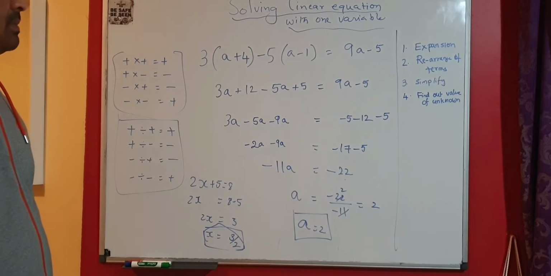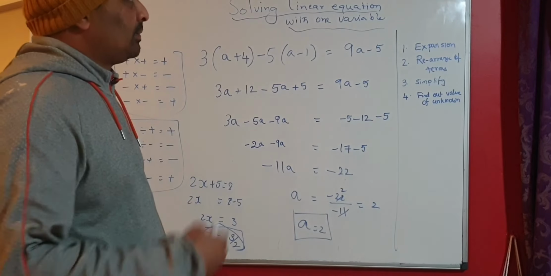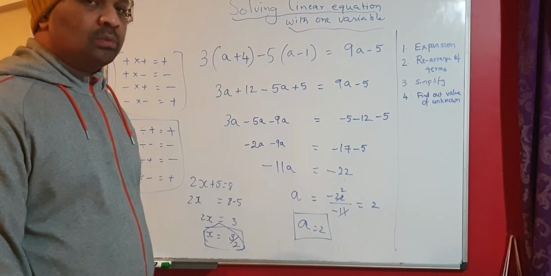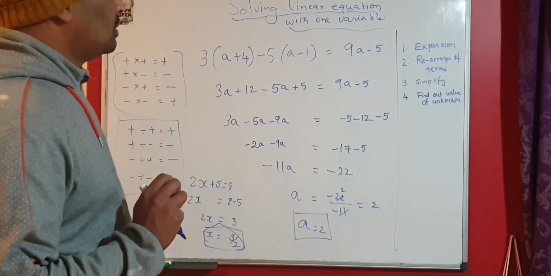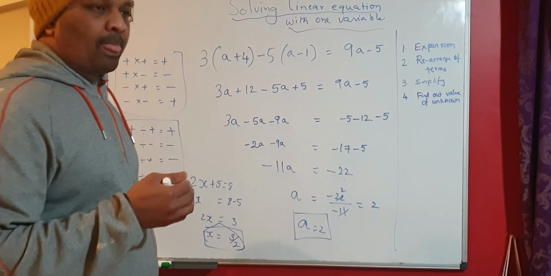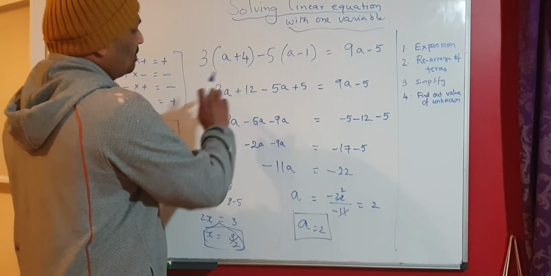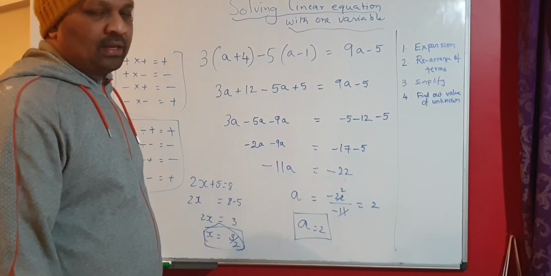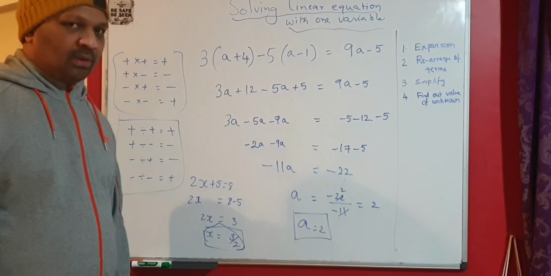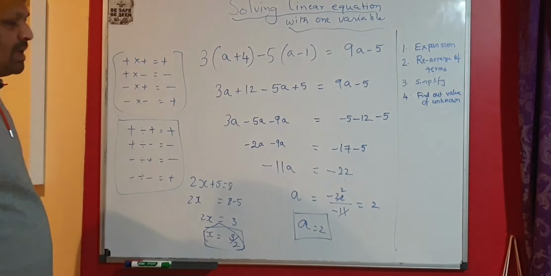Okay, that's pretty much it. It's very simple, and this is the basis for solving equations that have two unknown quantities, for example x and y, and solving equations where the power of those variables is 2, 3 and so on. In this case we have the power of a as 1, so it became a linear equation. If the power of the unknown quantity becomes 2, then it becomes a quadratic equation. These are some fundamental rules that we have to remember.